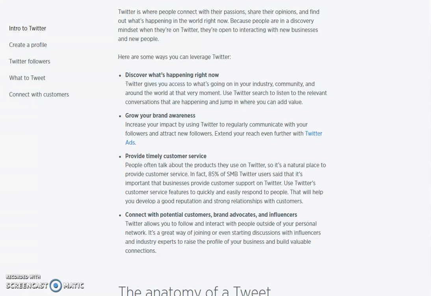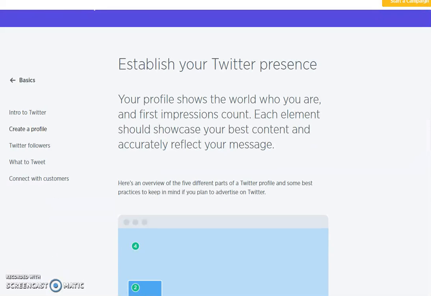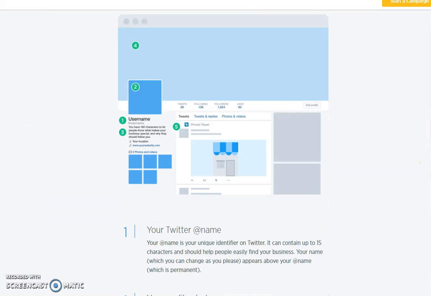So when you go to the next page and you're talking about creating your business profile, you may be tempted to just leave it kind of blank. This is basically what it's going to look like. And if you do that, I have a question for you. How do you feel about it when you run across something that looks incomplete? So it may look like, oh my gosh, what am I going to do with all of this? It's not that hard to create a header.